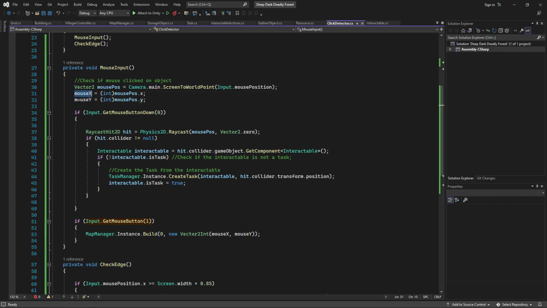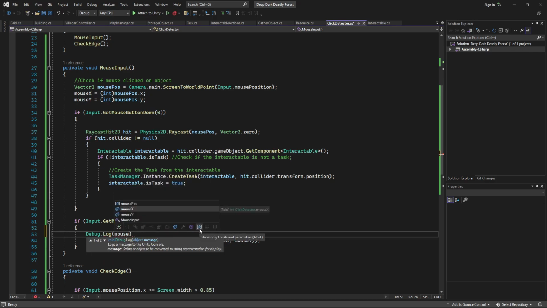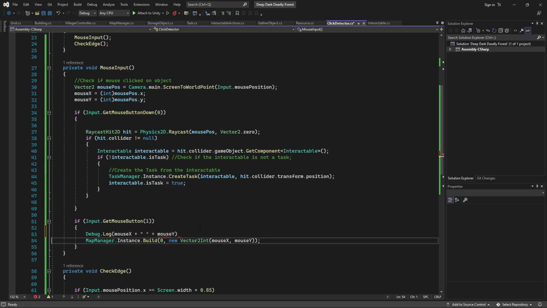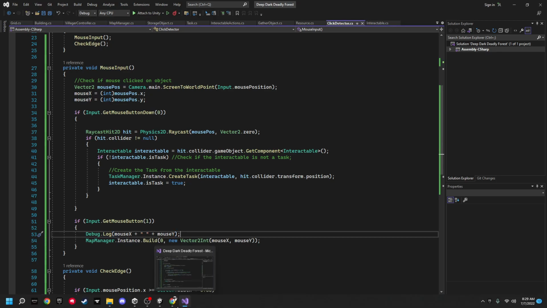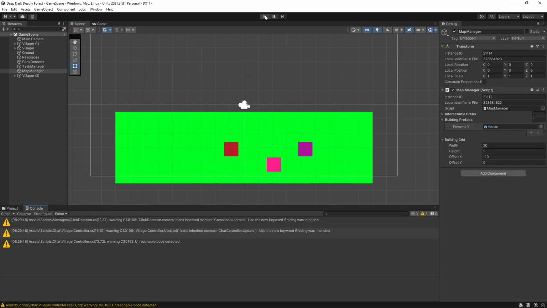Mouse X, mouse Y. Let's just do a debug.log mouse X plus mouse Y. Let's just see if we can figure that out. I mean, I think I know what it is. I think it has to do with